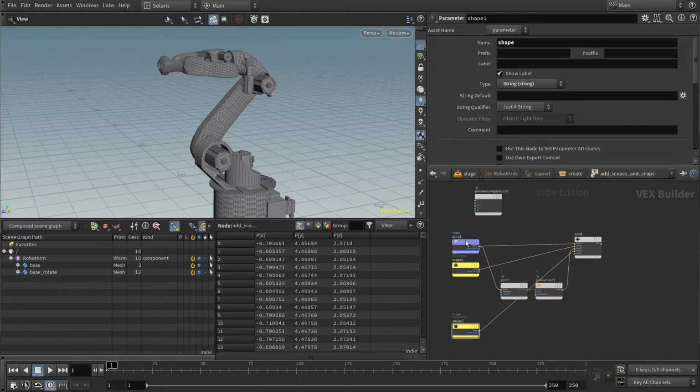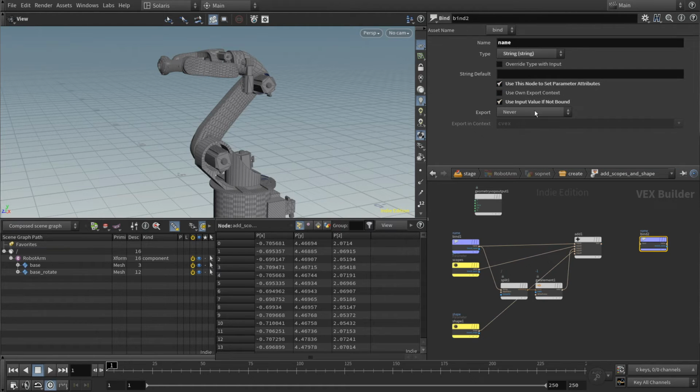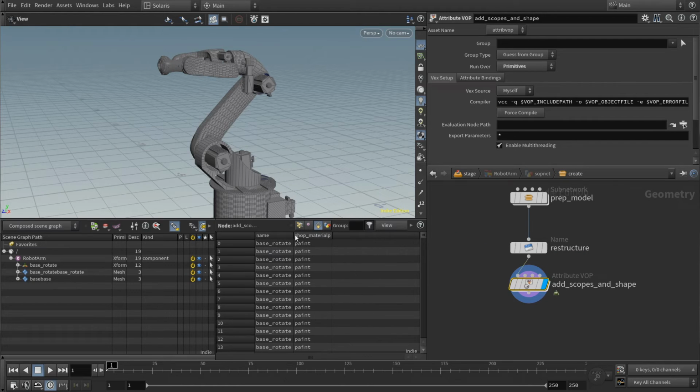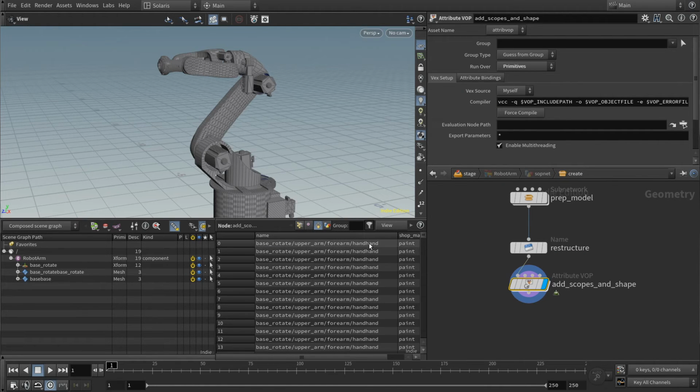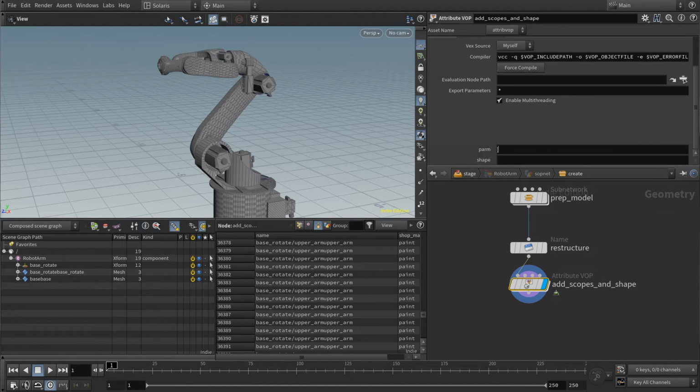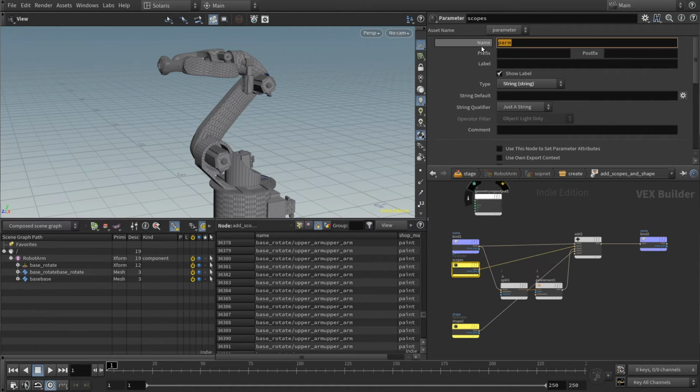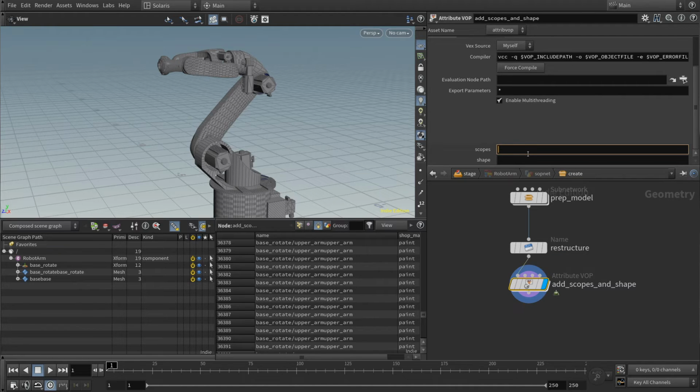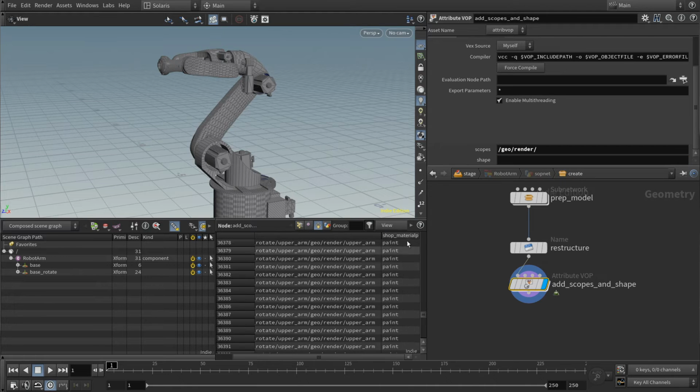And now to update our name, let's copy this bind across, and update, and plug it in. Now if you have a look here, you can see our names are just repeating the last element. So hand is repeating hand, upper arm is repeating upper arm. That's because we haven't added anything into these parameters yet. So that's not named yet, so we'll call this scopes. There we go. So for our scopes, we want /geo/render, and you can see we need an extra slash on there as a separator, so we can chuck an extra slash on. And for shape, I'm just going to say